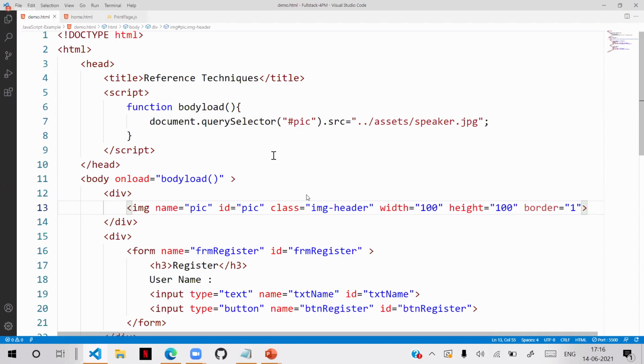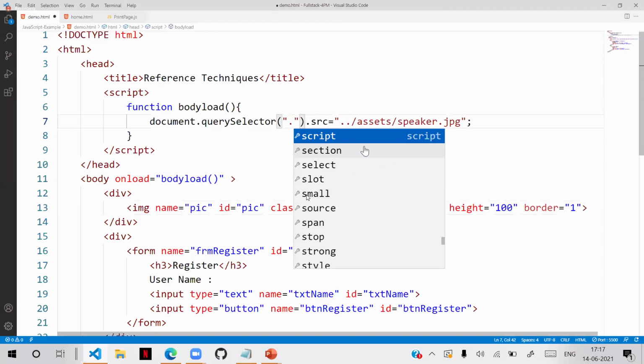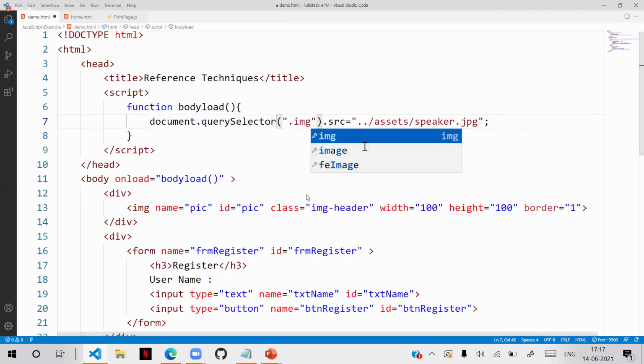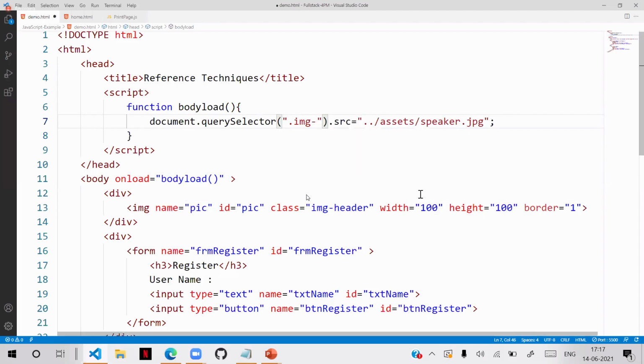Now you want to access by using the class. How do you access a class? You know that. Classes are referred to by using dot. And I can use IMG. So by using dot, I can refer to that IMG, and I can access IMG hyphen header.